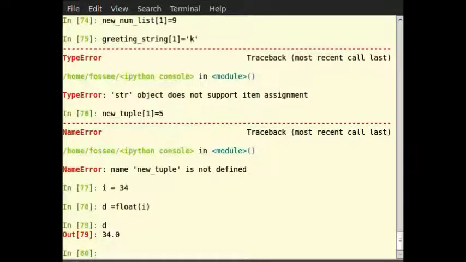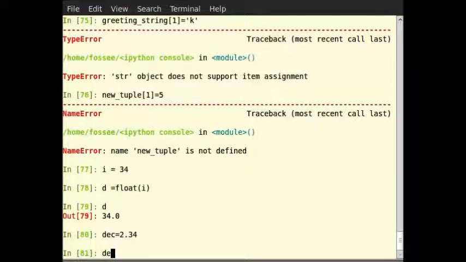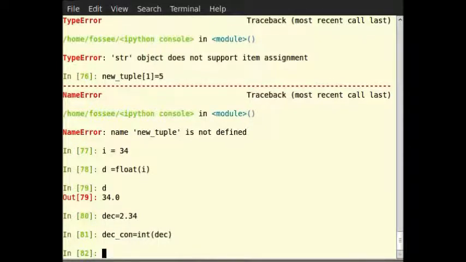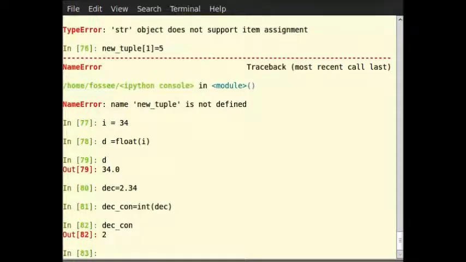Python has built-in functions int, float and complex to convert one number type to another. So type dec is equal to 2.34, then dec_con is equal to int(dec), then dec_con. As you can see, the decimal part of the number is simply stripped to get the integer.